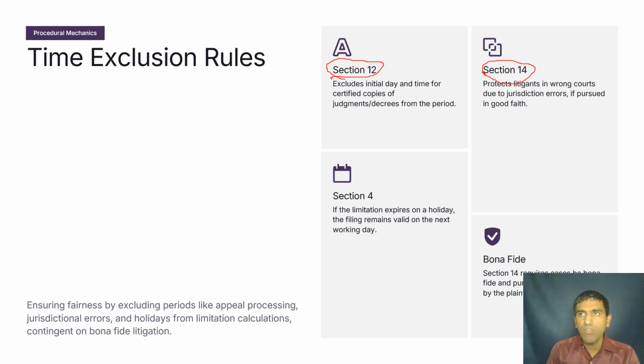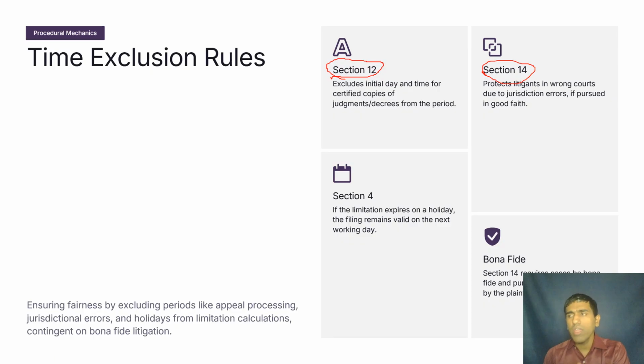So under section 14, if there is a matter and a litigant or plaintiff has filed a case in one court, and the court has been hearing that matter for a long time, but during the case it comes out that the court didn't actually have the proper jurisdiction to entertain the case, and the court dismisses it. So obviously the aggrieved plaintiff goes to the right court and files the case again. So under section 14,